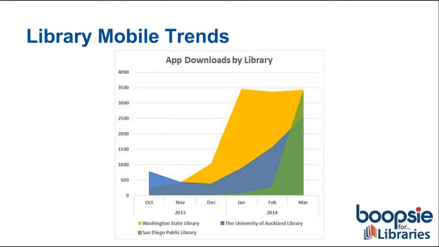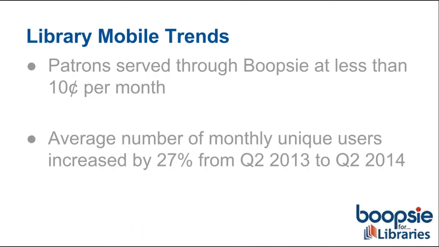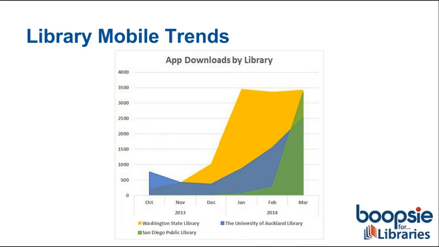And we also use Boopsie Analytics to spot a few other trends that were kind of similar among other types of libraries. And they were just using our free marketing services, which you can find on our website. And the University of Auckland, for instance, has a mobile app for their library. It was downloaded 318% more times in the first quarter of this year than in the previous quarter. And that was because they just do amazing marketing on their website and in other ways around their university. So they do a great job.